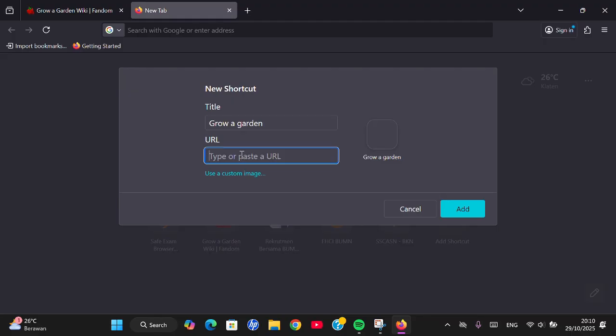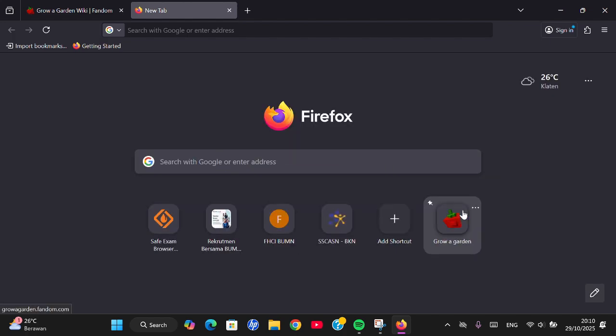Okay, then you're going to type or paste URL, and then just click on add. And as you can see that the shortcut has been added to the Mozilla Firefox homepage. And yeah, that's so simple. Okay guys, and that's how we can add a shortcut to